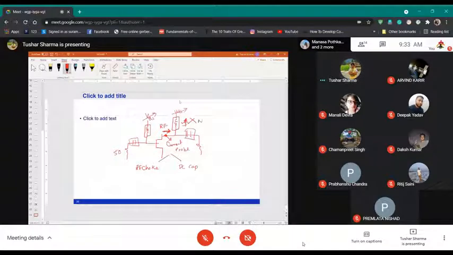Why? Because this DC is usually connected to a DC supply, and if RF goes into this, it can burn your supply. So you don't want that.